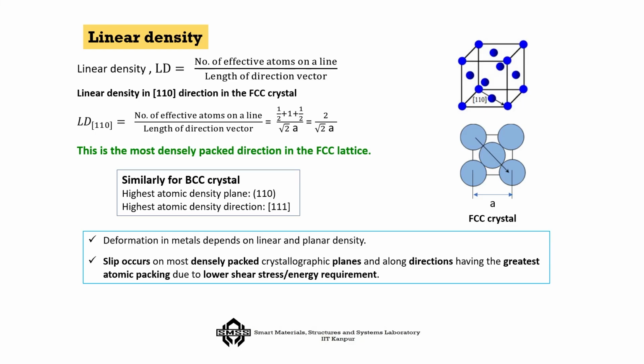Now, another density is also important, that is called linear density, and that is the number of effective atoms on a line divided by the length of the direction vector. Okay. So, in this case again you can actually calculate that from the Miller index. Now, 110 is the direction, suppose in the FCC crystal, and you find out the number of effective atoms on a line and then divided by the length of the direction vector, you will see that 110,